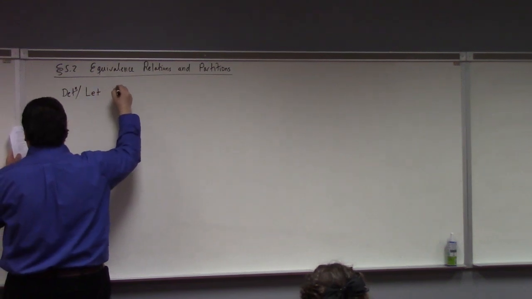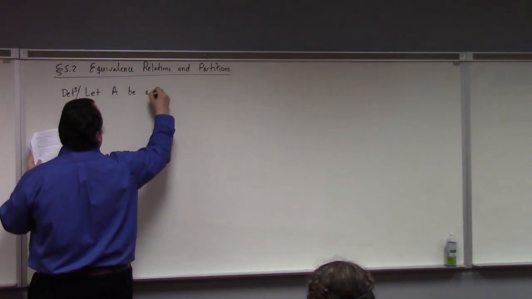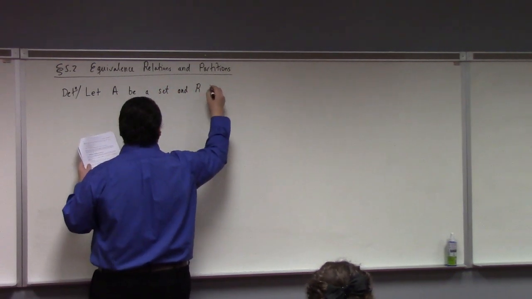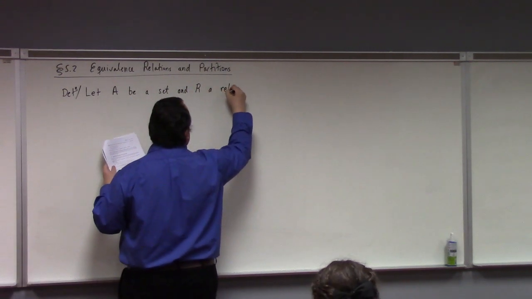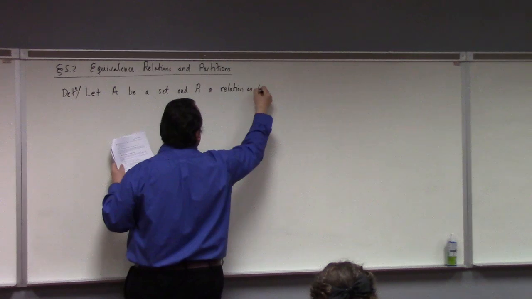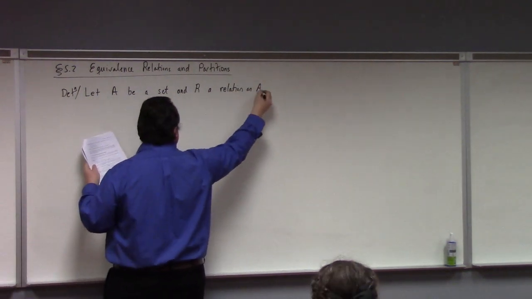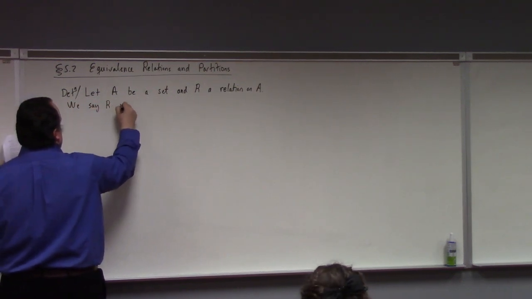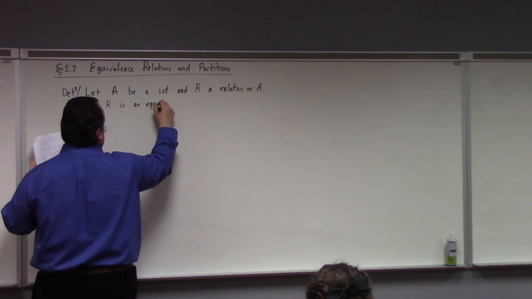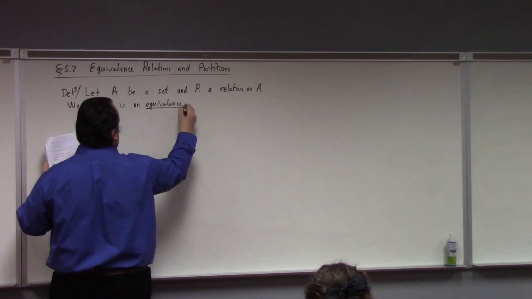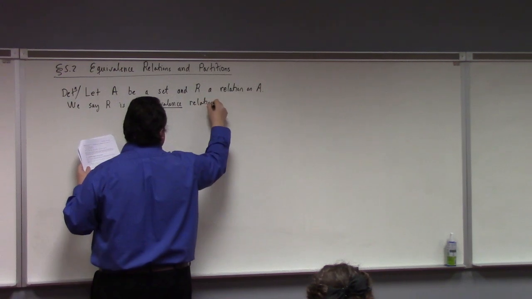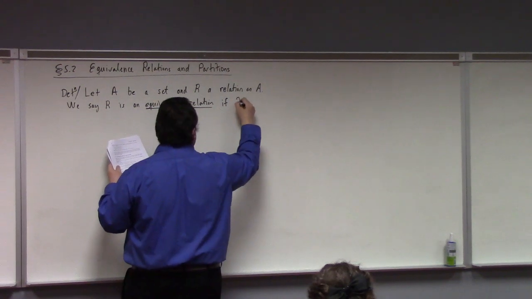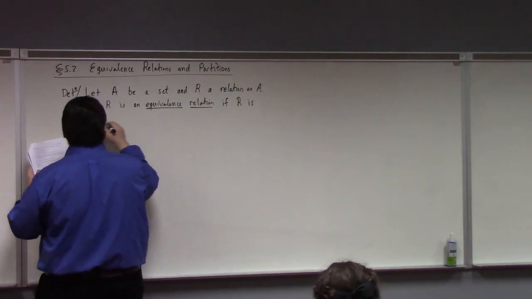Let A be a set, and R a relation on A. We say R is an equivalence relation if R is, number one, reflexive,